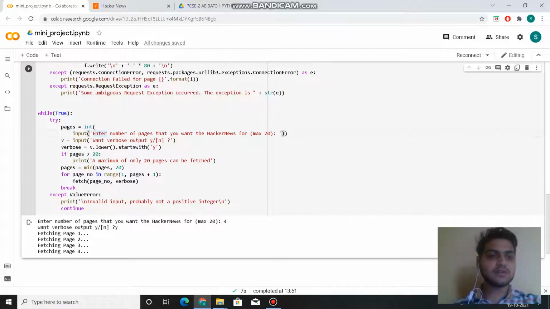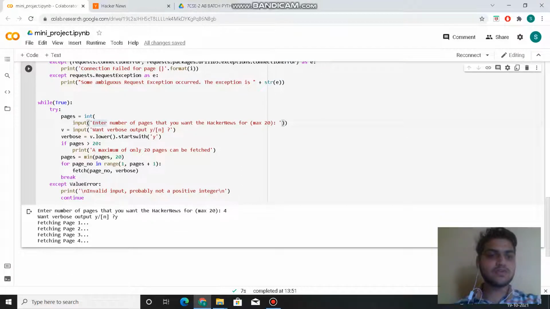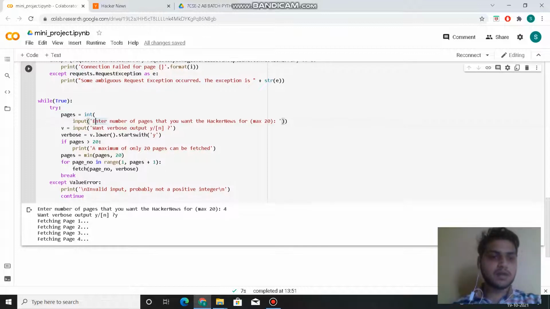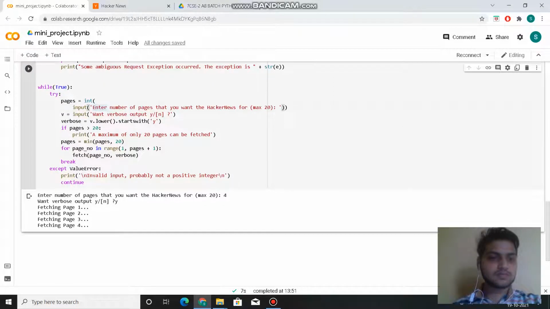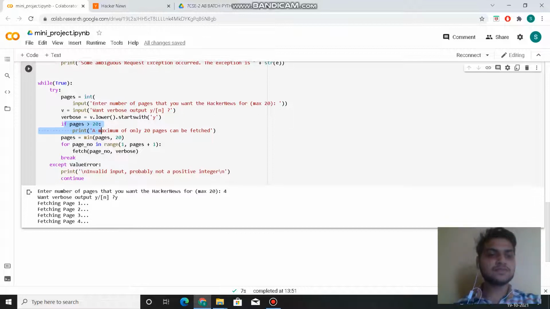After that, we use verbose. Verbose is a variable to acknowledge that a page is being fetched. If the page number is greater than 20, then it will print that a maximum of only 20 pages can be fetched.